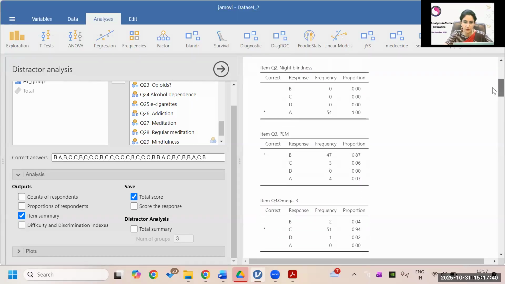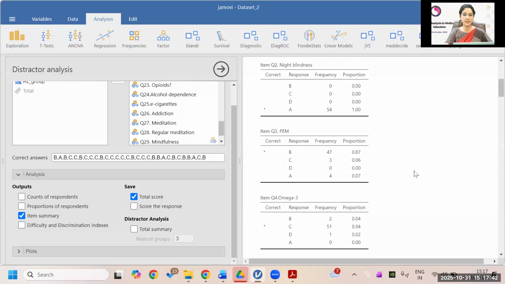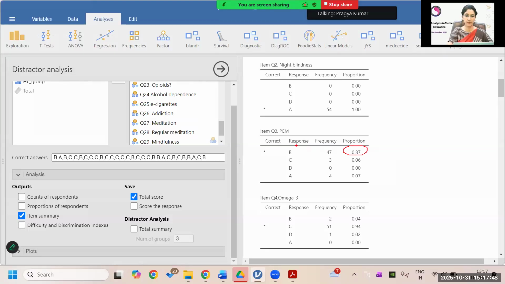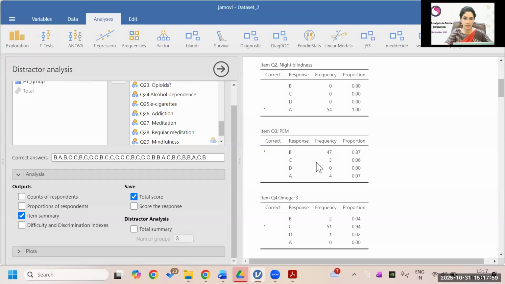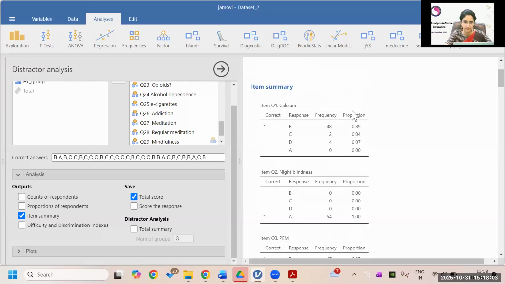Now coming to the third one. Similarly, you can see how many. So this proportion tells you the difficulty index of the item. It will give you item-wise, but for an individual item you see this proportion of the people correctly choosing it. Now, if you see the other options, the distractors, it also tells you about them. Who are the distractors? C, D, and A. So in question number one,